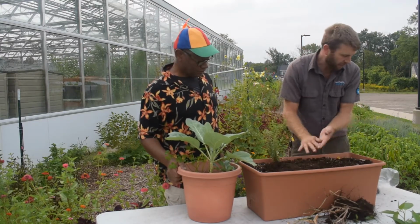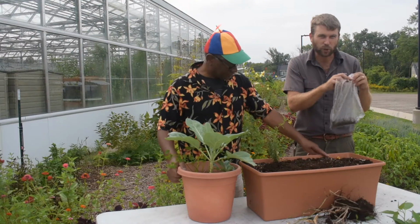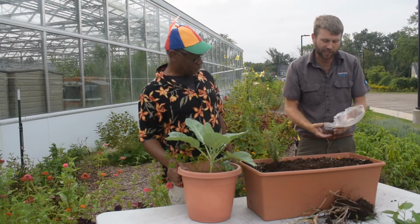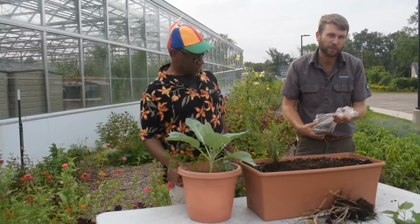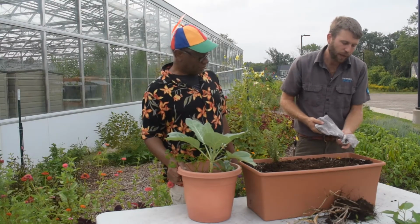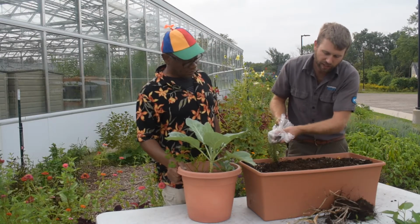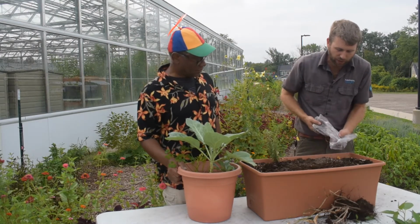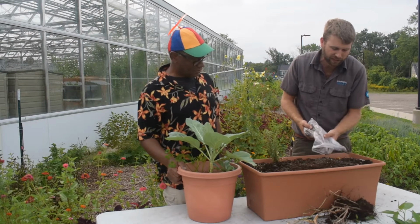And then I still have a little bit of fertilizer left over. You can also add any compost you have, or really anything else that's organic, something that's life-based. If you add a synthetic fertilizer, it's just going to wash out over the winter. What you want is something that's a slower release. So I'm just sprinkling this over the surface,